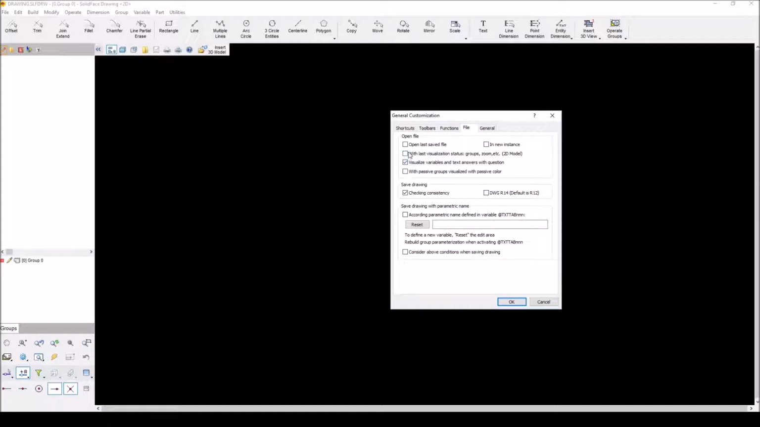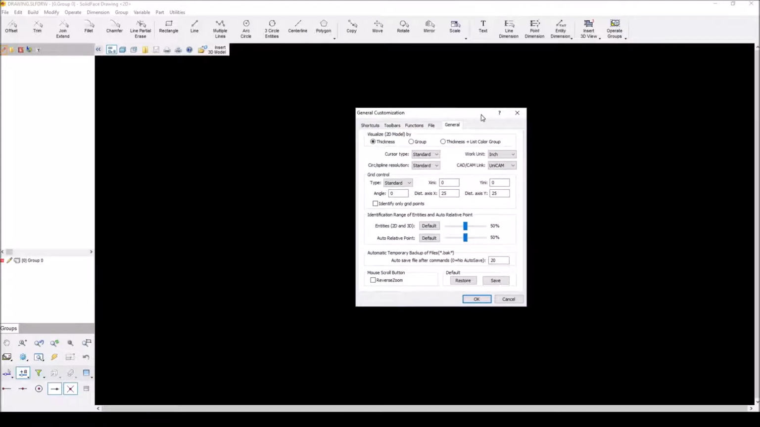You can also open it in the last orientation that you saw, which could be helpful. For the most part, I don't find it useful. I just open up things in their default view, which is isometric, and it works for me. You can change the drawings with the parametric name, save drawing with consistency, so on and so forth. And then if we go over here to general,